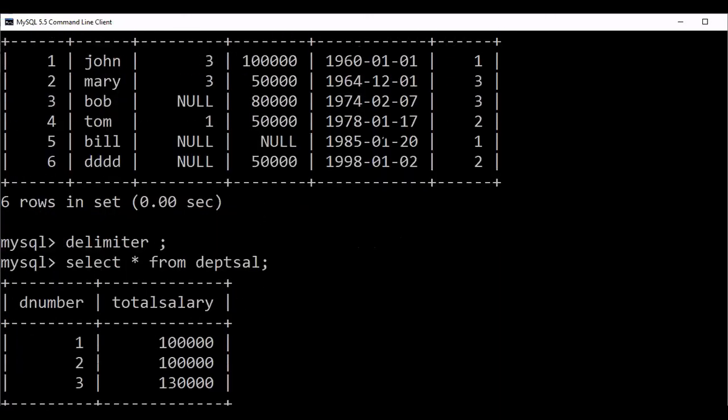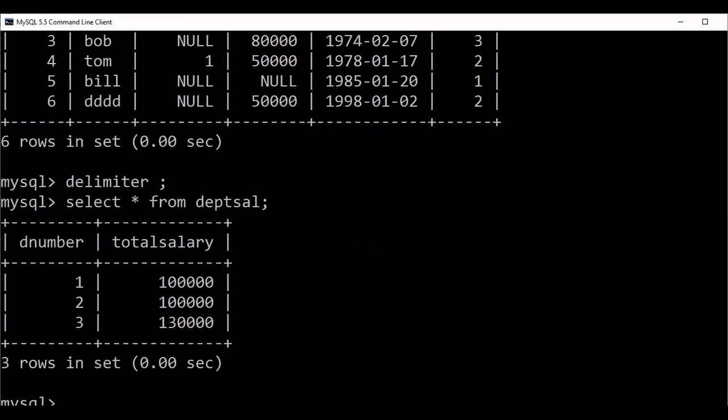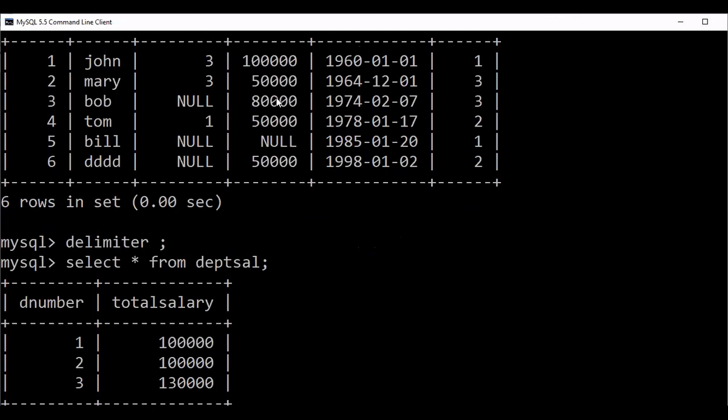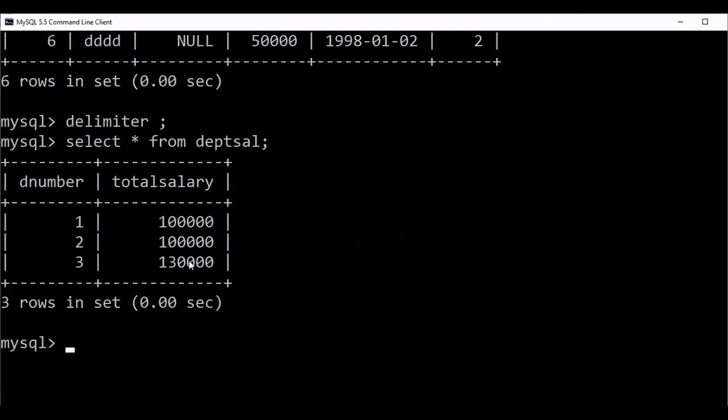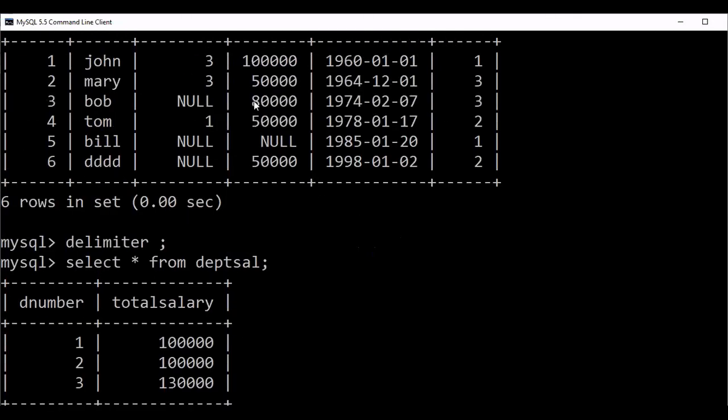Now I am deleting this third row. If I delete this, it becomes 1,30,000 minus 80,000, only 50,000. You can only subtract 80,000 or 50,000, not 60,000. As per the row data, you can delete.